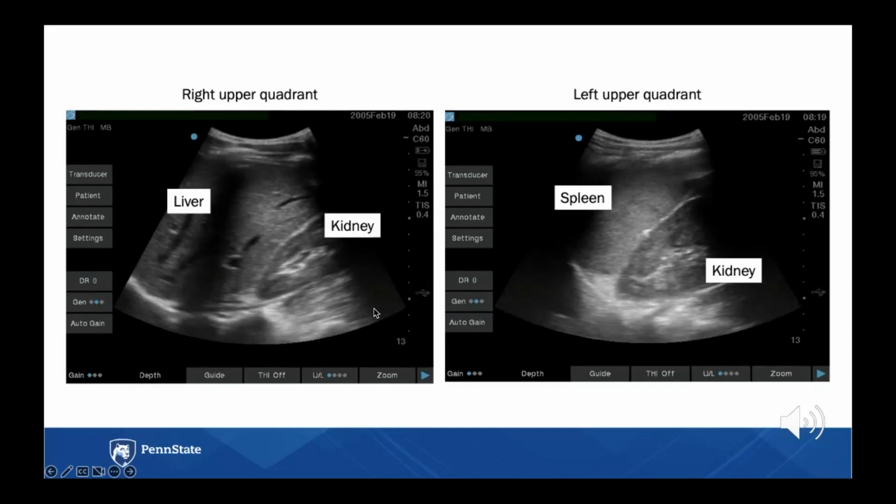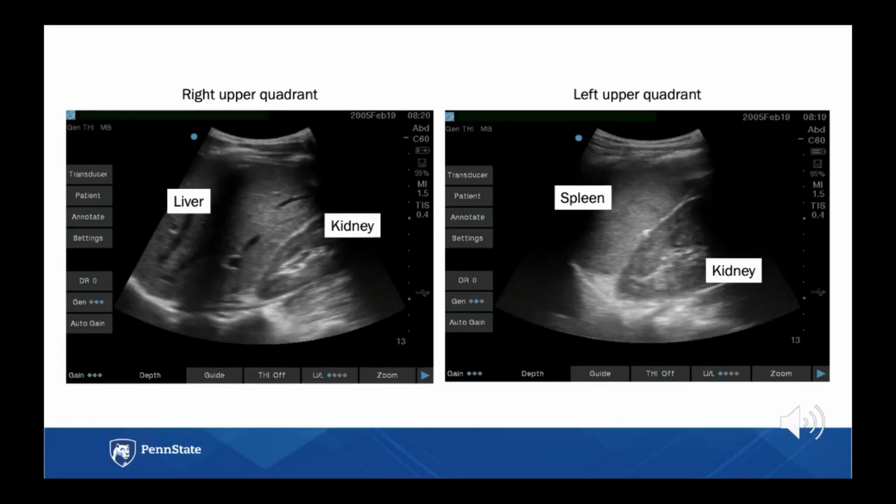The spleen has blood vessels as well, but they're much smaller than those in the liver, so they're harder to see on ultrasound. You can use this distinction to help you differentiate between these two views when looking at ultrasound images. You might also notice that the liver is much larger than the spleen, which makes it easier to find on an ultrasound exam. And you can see that the liver takes up most of the screen in the right